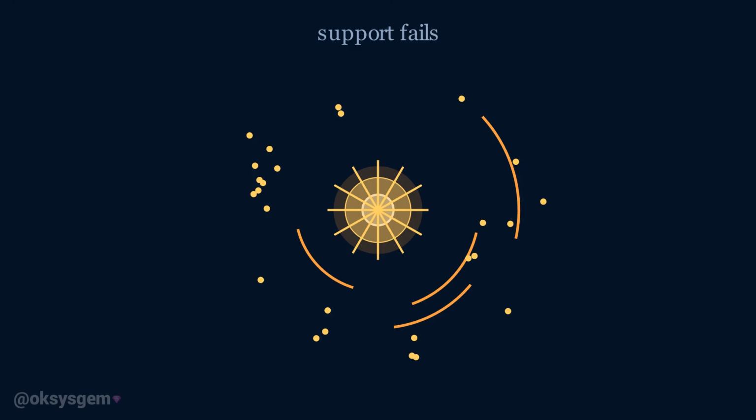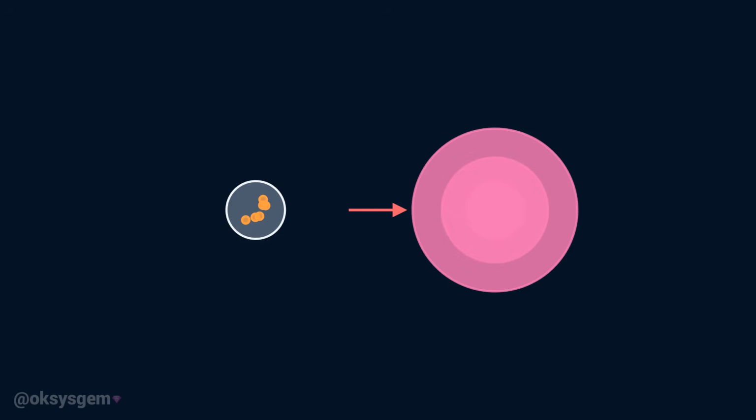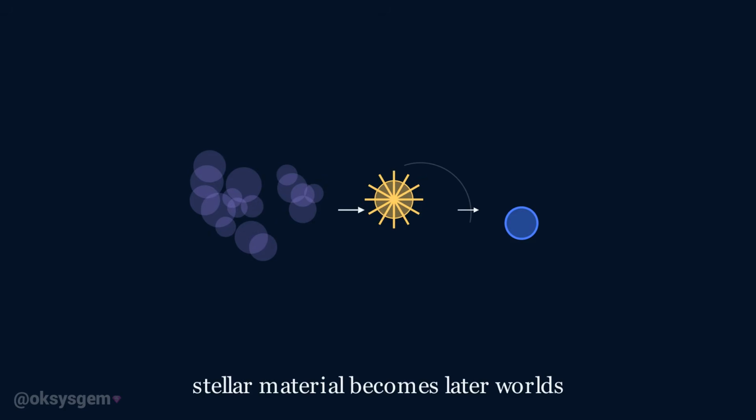The core collapses extremely rapidly. Matter reaches extraordinary densities, and enormous quantities of energy are released. A shock can travel outward through the star, ejecting much of its material into space. Another type of supernova can occur when a white dwarf undergoes runaway nuclear burning, disrupting the star. These events manufacture and distribute many of the heavier elements found throughout the universe. Material thrown outward by ancient stellar explosions later becomes part of new stars, planets, and eventually living organisms.